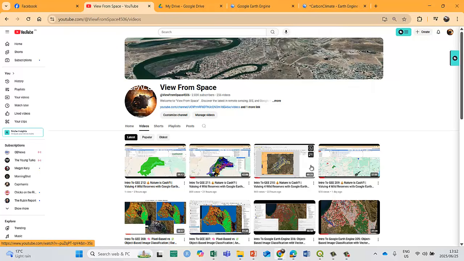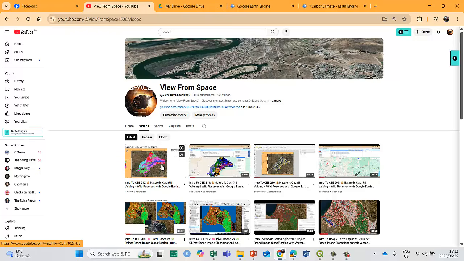So we've done 4 video tutorials in this series, working on 4 game reserves in the Mpumalanga area. I'm not going to go over all the things that we've done. In the last video, we spent some time on the normalized difference vegetation index, and we generated the NDVI image for each of our reserves for 4 different periods, and we also created a time series chart for each of these reserves.